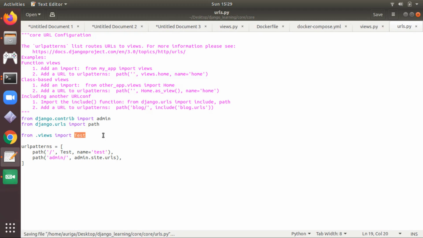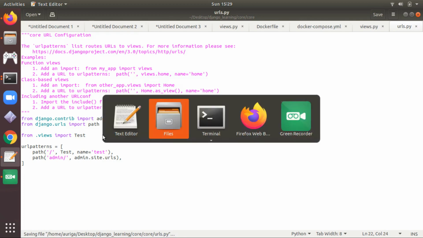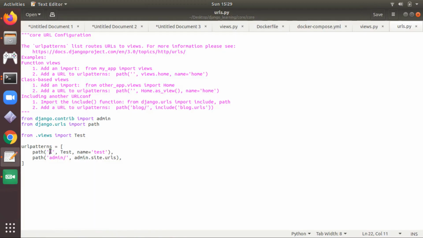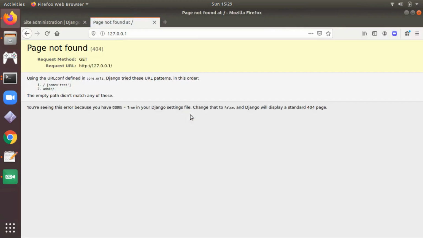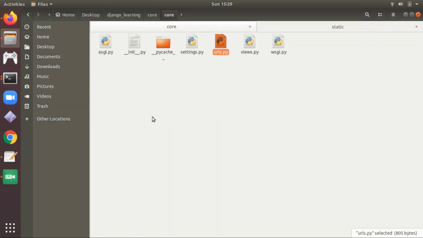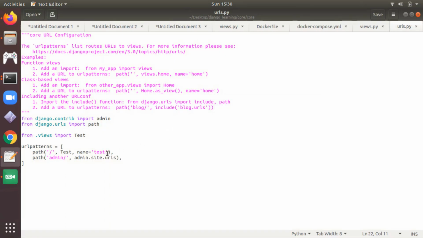So I import the test definition here and create a URL for this, and this URL is at the index page. So if we try to hit our index page, just a minute, I think I typed something wrong.